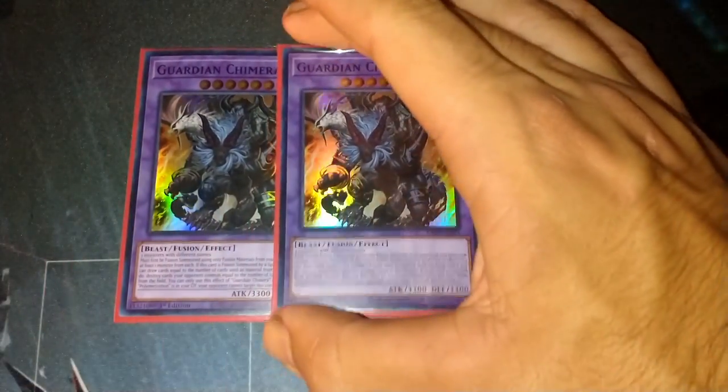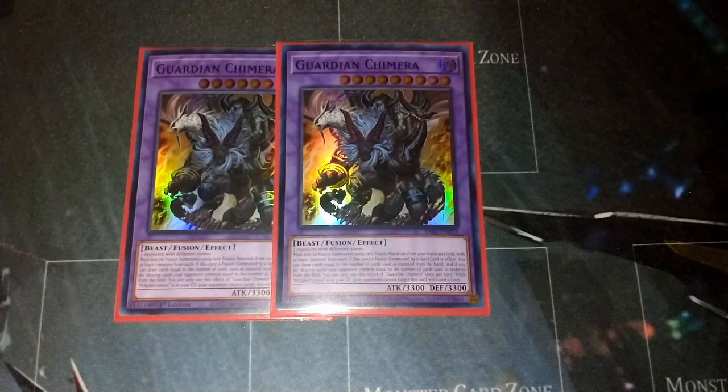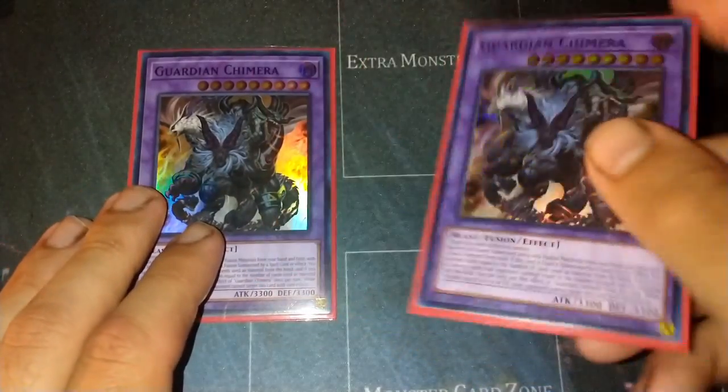And then technically it's not a Chimera, but it still technically is, and that is the 2 copies of Guardian Chimera. You're going to resolve this. This is really, really broken. Drawing cards, destroying cards, and because you are playing Poly in this deck, it's protected from being targeted by card effects, which is pretty cool,